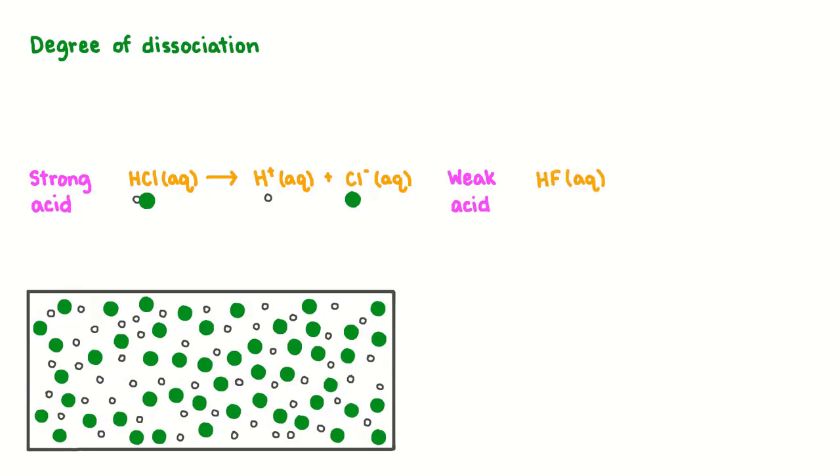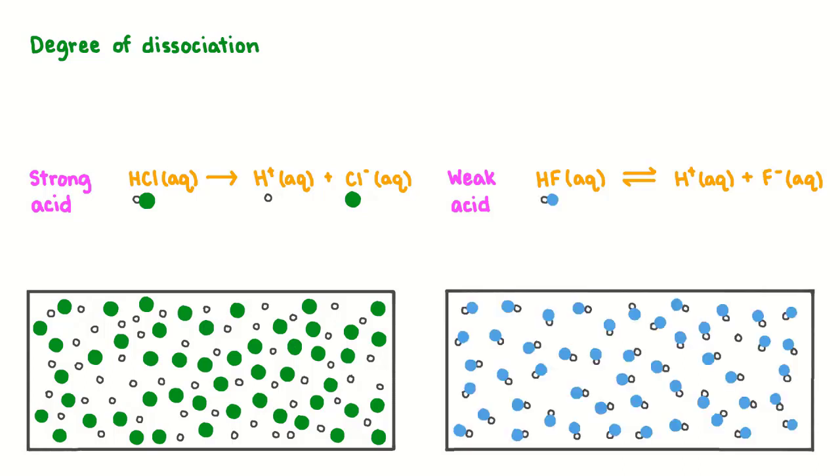In contrast, when hydrofluoric acid, a weak acid, is dissolved in water, only a portion of the molecules will dissociate and an equilibrium is established. If 50 molecules of hydrofluoric acid are dissolved in water, on average, only one molecule would dissociate into hydrogen ions